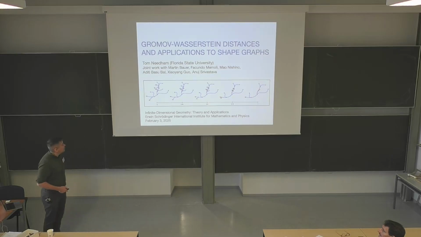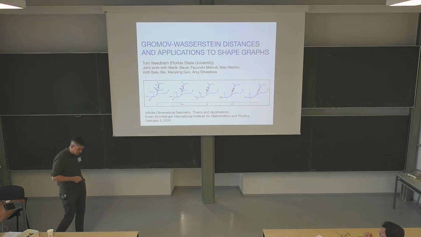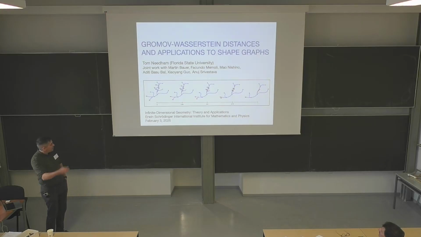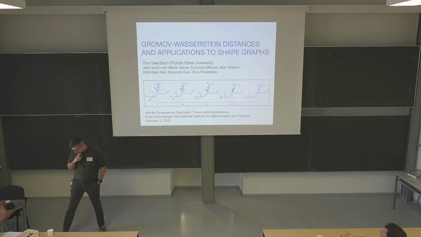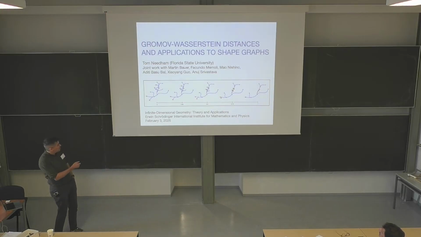Yeah, so I'll talk about Gromov-Wasserstein distances and applications to shape graphs. This is joint work with Martin Bauer, Facundo Mémoli, Nishino, and then kind of separately, Aditi Basu Bal, Xiaoying Guo, and Anu Shrivastava. So mostly the talk is about Gromov-Wasserstein distances, which is this first paper, and then this kind of ties into the shape analysis theme through the second paper, which chronologically came first, but in retrospect is related to what we did, which I'll explain as we go through the